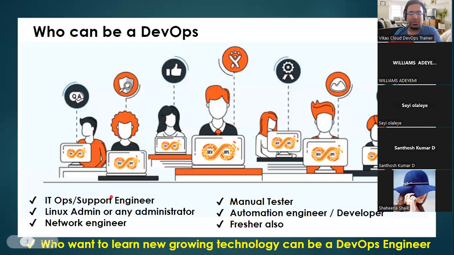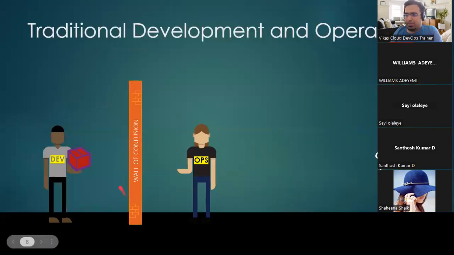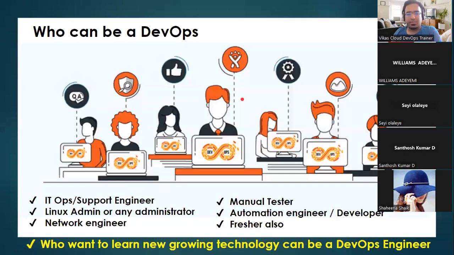Okay. So in short, anyone can become a DevOps engineer if you have any IT operations experience, any network or administration experience, network engineer, traditional experience, or non-tech experience. Learn Linux. If you are completely non-tech, learn Linux and become a cloud or DevOps engineer. Simple. Or if you don't have any knowledge, you are a fresher, you want to come into technology, learn cloud and DevOps and become a DevOps engineer. Simple.